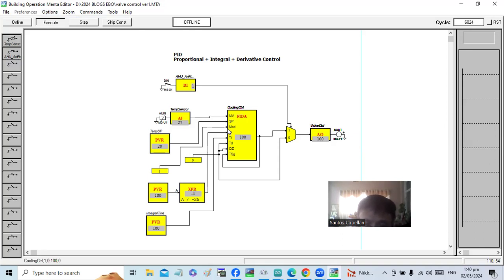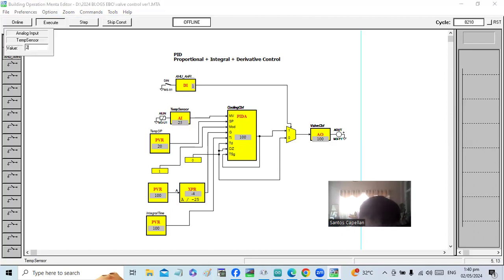But in real time, if you are observing the response of your system, it will not be like that. Let's say my temperature is 25. That is usual because we don't have chilled water here. We are just simulating.